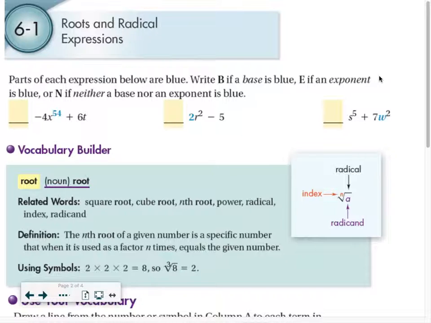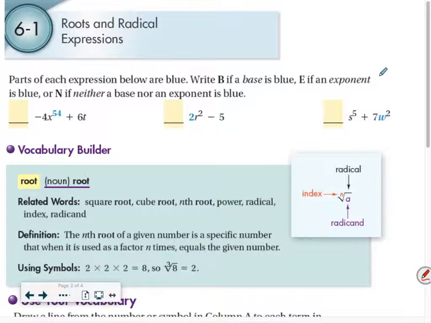Awesome. Okay. If we look here, like our -4, is the -4 a part of our exponent? Is it getting taken to a power? No. So that is not our base. Our base is a number getting taken to a power. Okay. So first three things, we're gonna write b if it's base, e if it's an exponent, n if it's